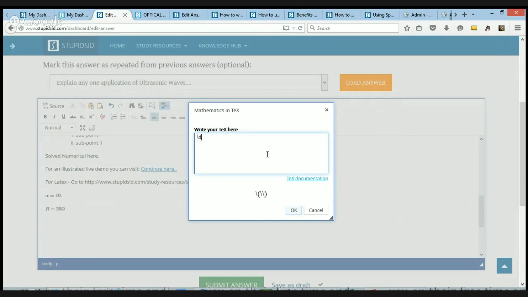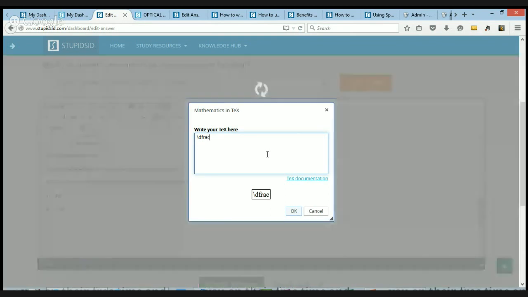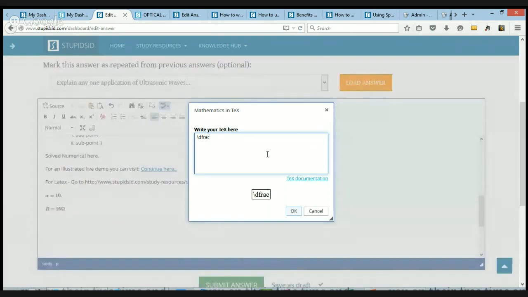So I can write slash dfrac and then the two parameters that I have to pass to the function, which are a and b. Now that will not work because I have written slash dfrac ab. It has to be specified with a space, right? Because there are only one character parameters, they will work a upon b. But in case I have something more complex,